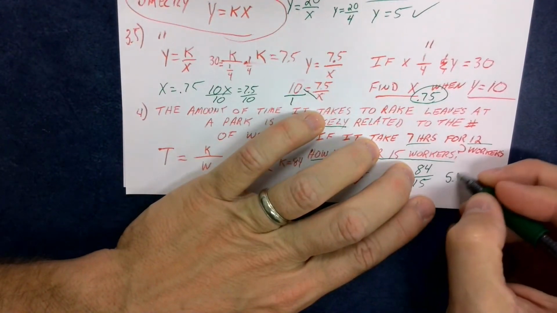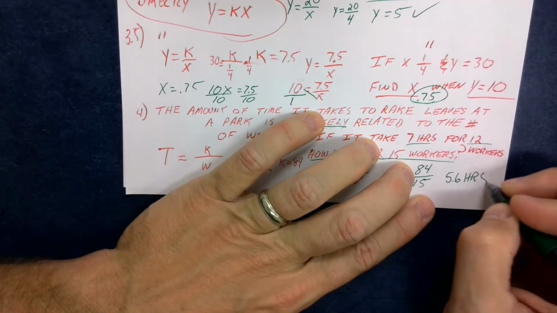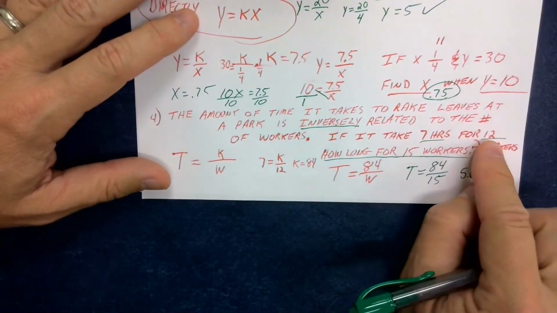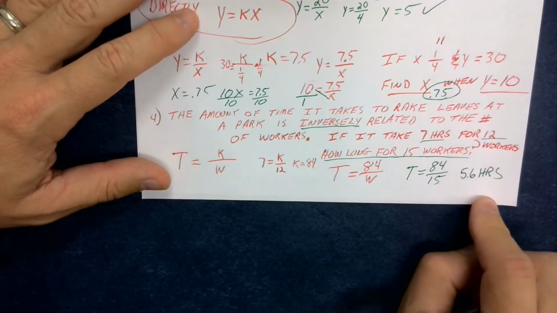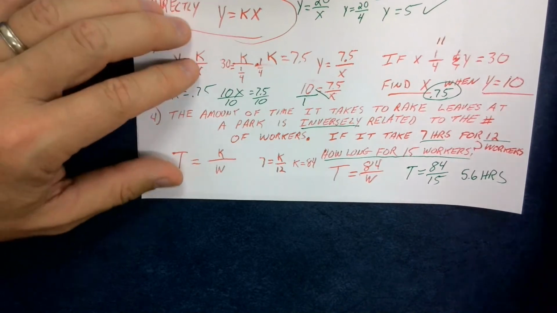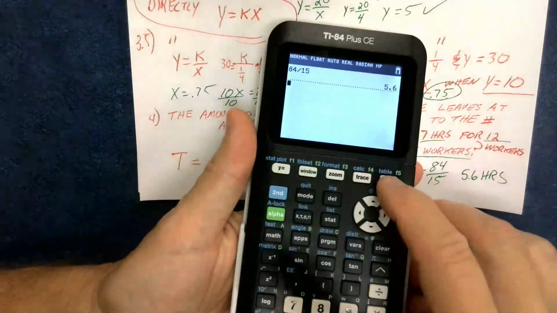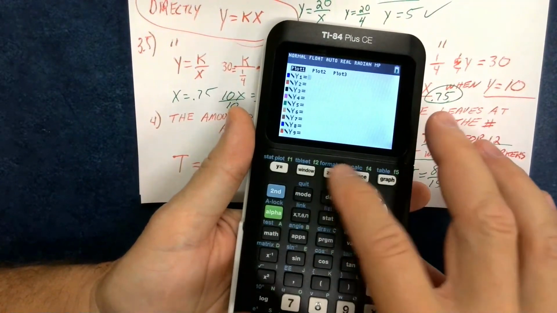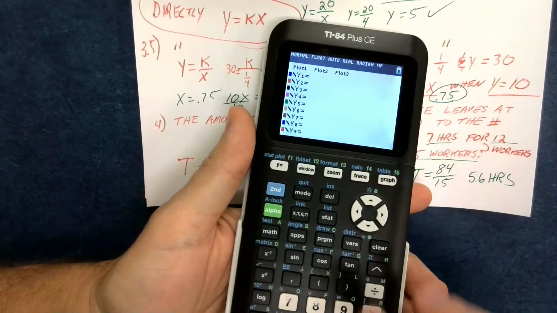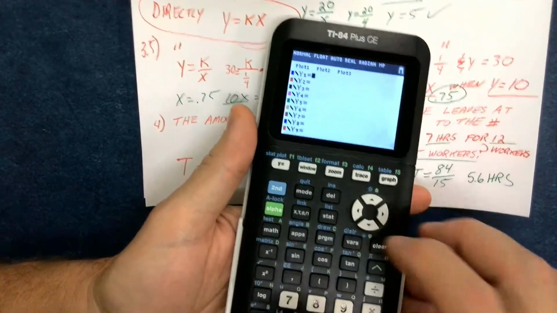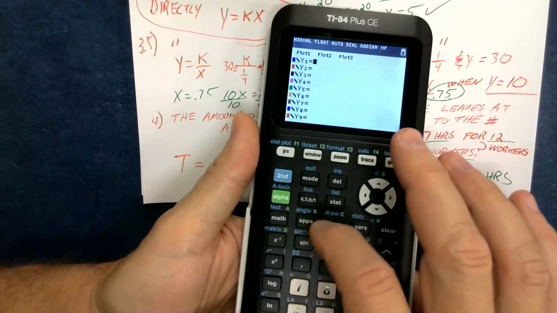Hopefully that makes sense, because it took 7 hours for 12 workers. I now have more workers. It should take less amount of time. I'm going to show you a quick little picture of this on the graphs. So I'm going to go turn my stat plot off. That was left over from some geometry stuff. I'm going to go to y1, and I'm going to write y equals